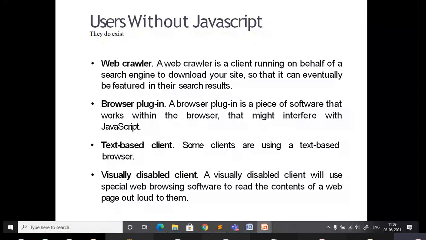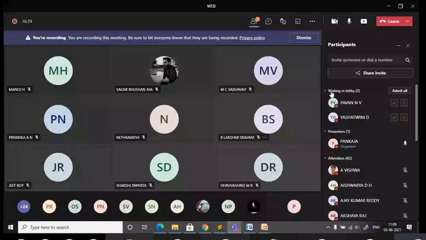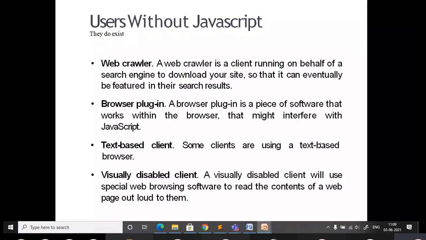One is the web crawler. A web crawler is a client running on behalf of a search engine to download your site so that it can eventually be featured in their search results. Then the browser plugin. A browser plugin is a piece of software that works within the browser and might interfere with JavaScript.